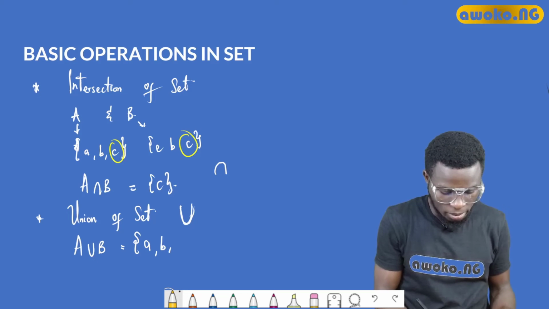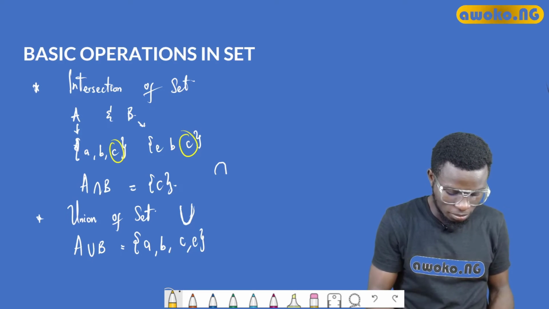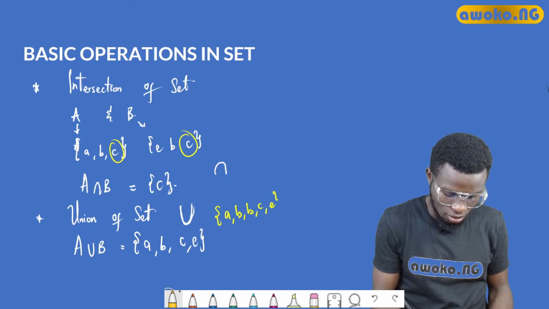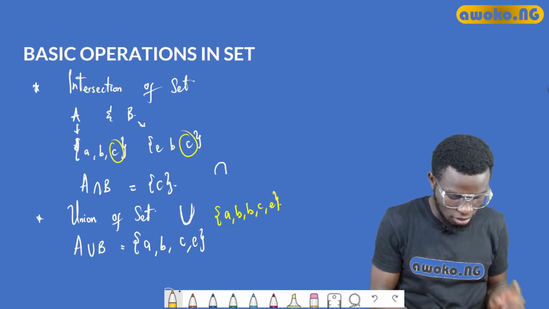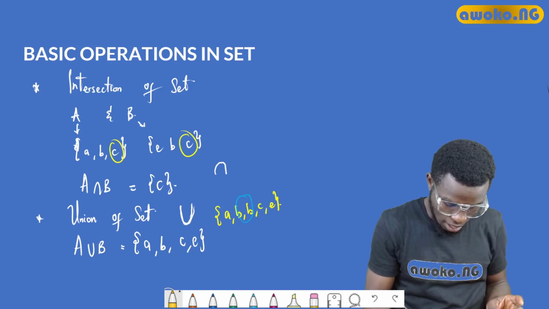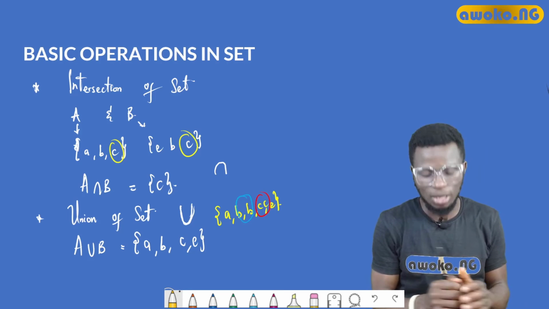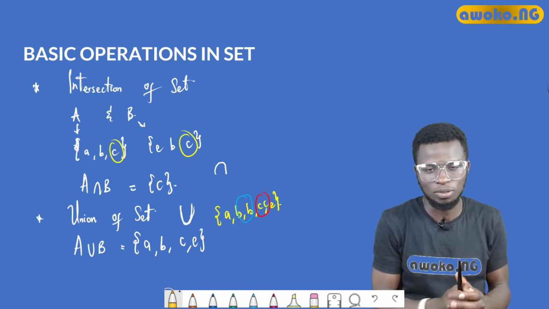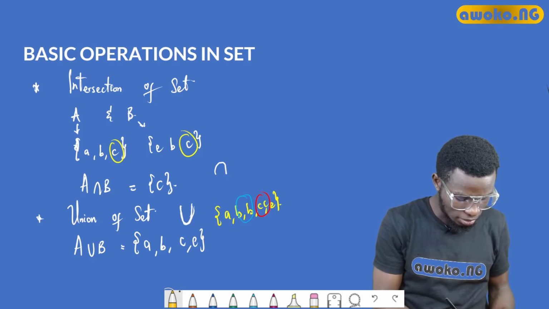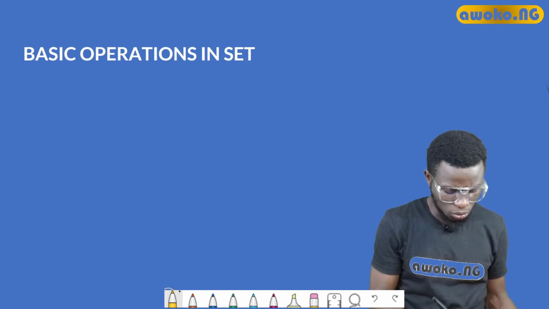So I have A, B, C, and E. Instead of having A, B, B, C, E, on the contrary, because B appears twice and C also appears twice, I will just have to pick one of them and include it in the list of the elements that we have for A union B. So having said that, let us consider another basic operation, which is the